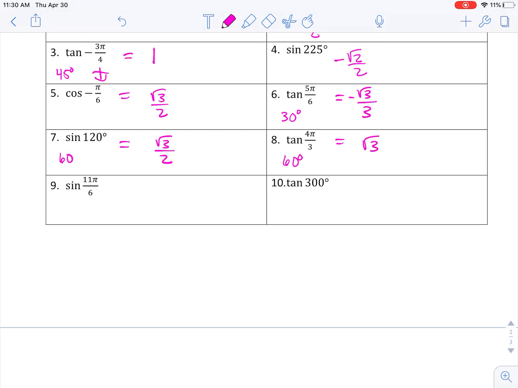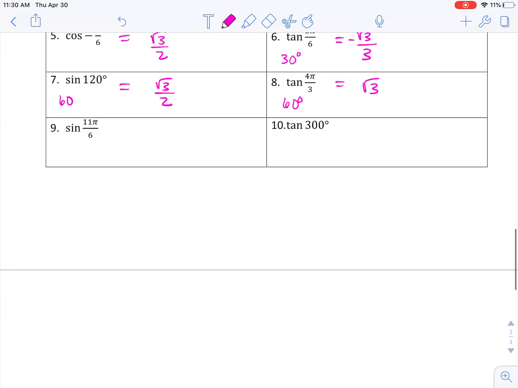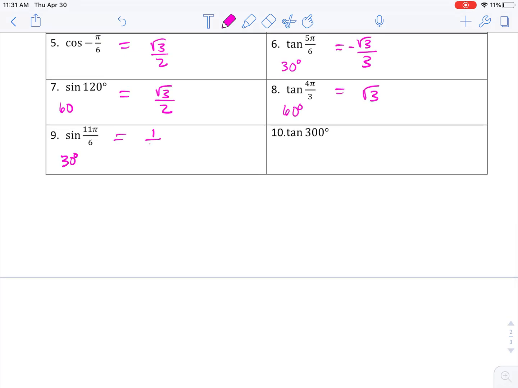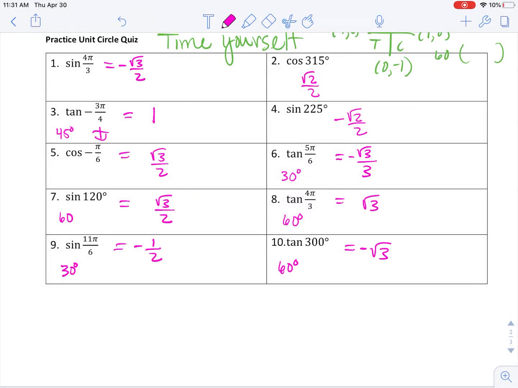4 pi over 3 is in quadrant 3 and tangent's positive. This is 30 degrees. Sine of 30 is 1/2. 11 pi over 6 is in quadrant 4 where sine is negative. 300 is a 60 degree angle. And we said that the tangent of 60 is radical 3. Quadrant 4, though, for tangent is negative. So again, I know I can do those quick. Hopefully, eventually, you'll get there too. And just keep practicing. And we're going to